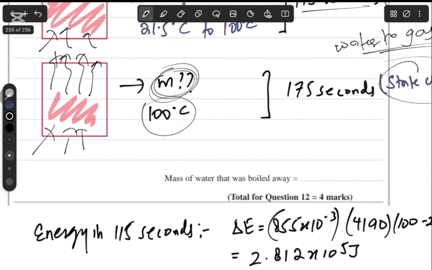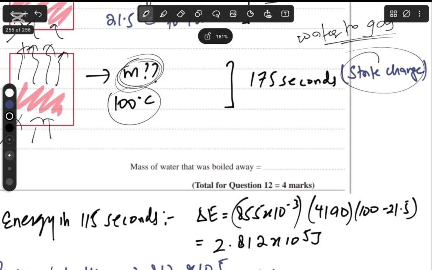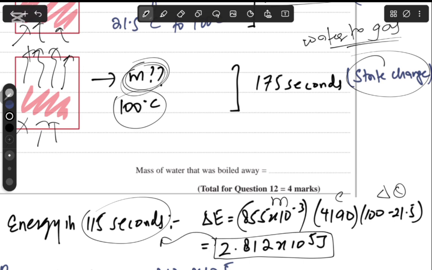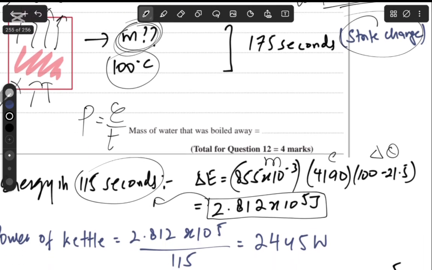So first of all, I can find the energy in 115 seconds that was gained by the water. So the energy that the water gains is the energy supplied by the kettle. I can find that out by E equals m c change in temperature. And that gives me a total energy of 2.812 times 10 to the power 5 joules. Now, this much energy I get in 115 seconds. So I can just find the power, which is equal to energy divided by time. And I get the power as